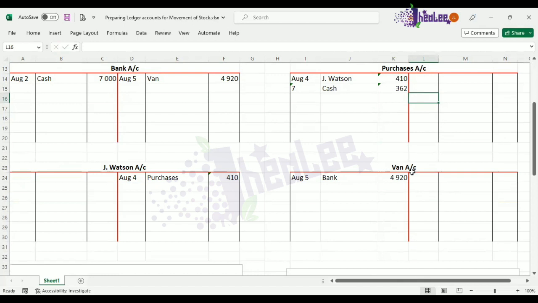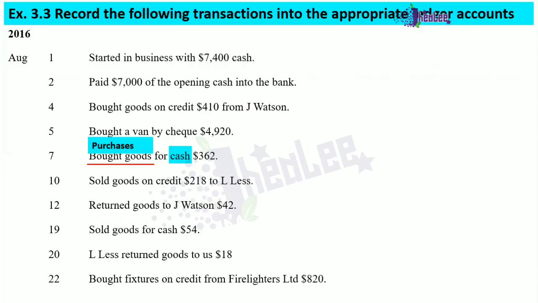So we have to open a fixed asset account once you are not purchasing the item for resale. Okay, let's move into the next transaction, and that is sold goods on credit,